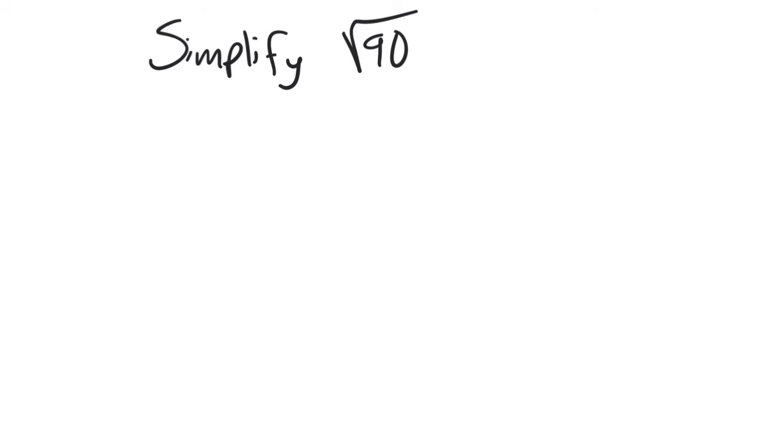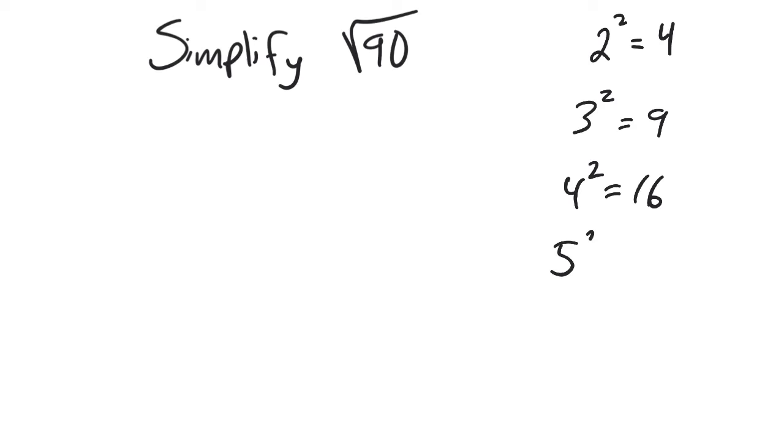Another example. Now we're going to simplify the square root of 90. Let's go ahead and think about our perfect squares real quick. I'm just going to list them here. 2 squared equals 4. 3 squared equals 9. 4 squared equals 16. 5 squared equals 25. 6 squared equals 36. 7 squared equals